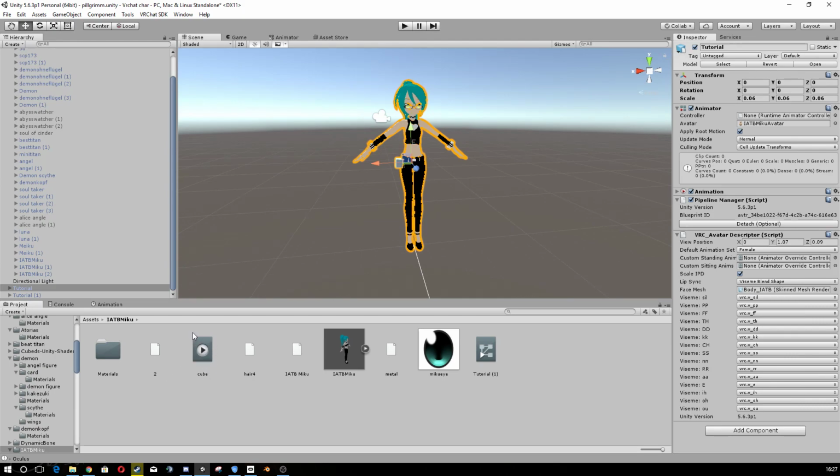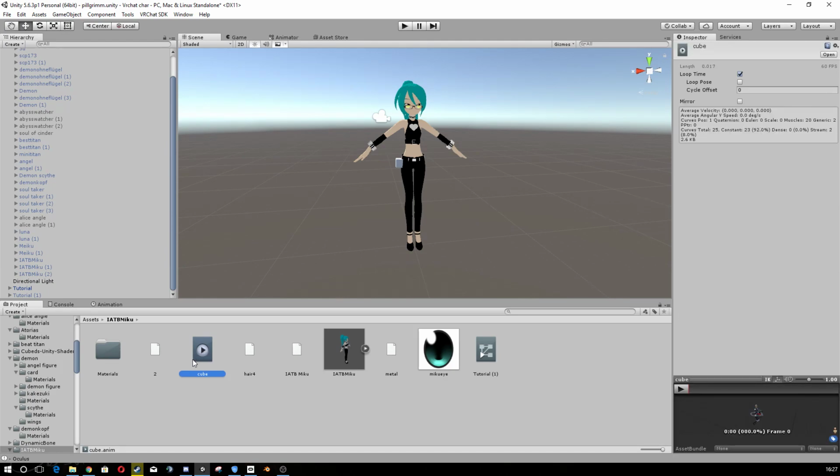So I named my animation cube; you name your animation whatever you named it. This animation is the trigger you need to show the weapon with a hand gesture. So what we're now doing is